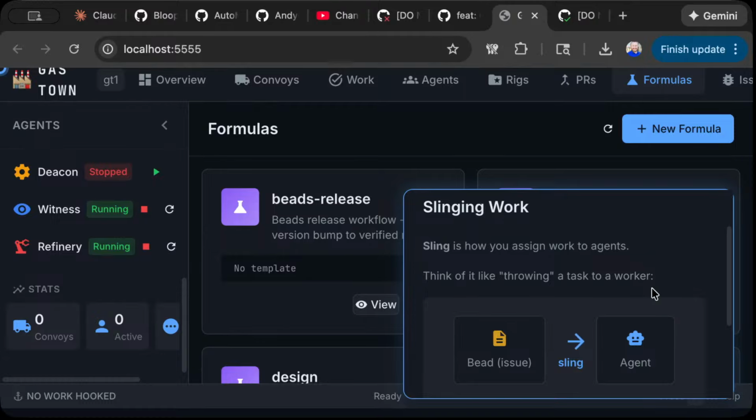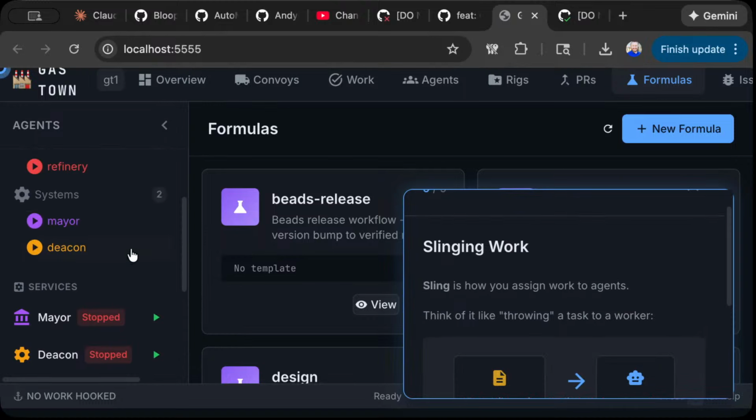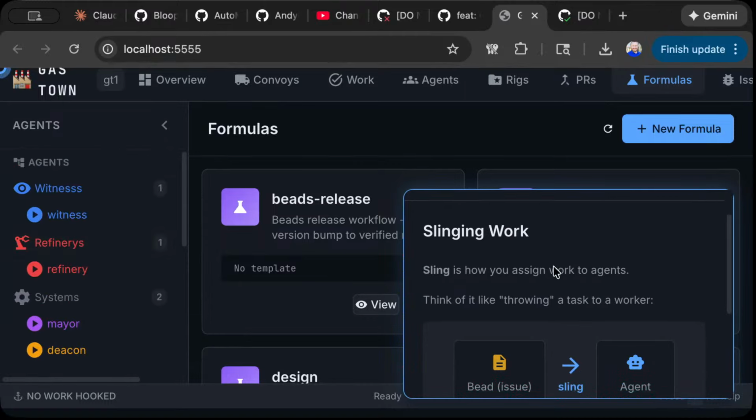Then you would have to go and find it, and it's extra overhead. So I just want a dashboard, which this dude built a beautiful one,